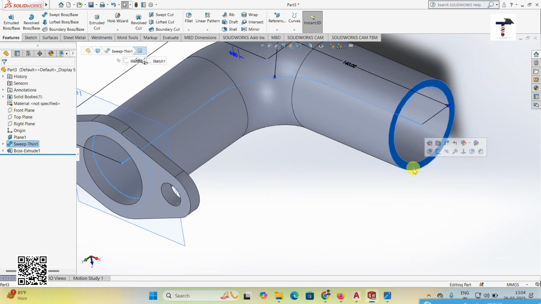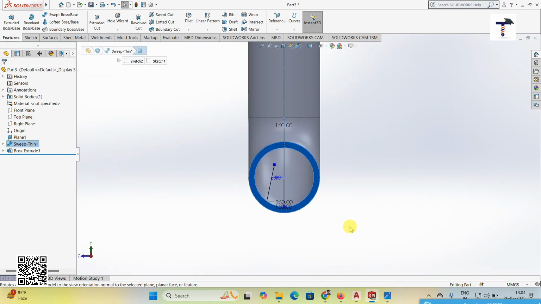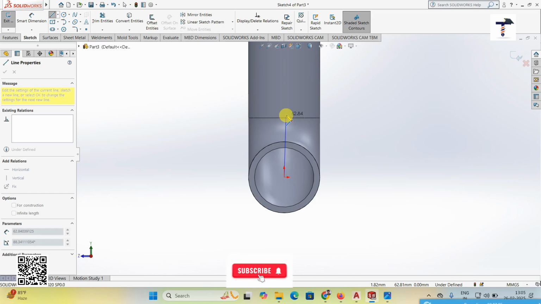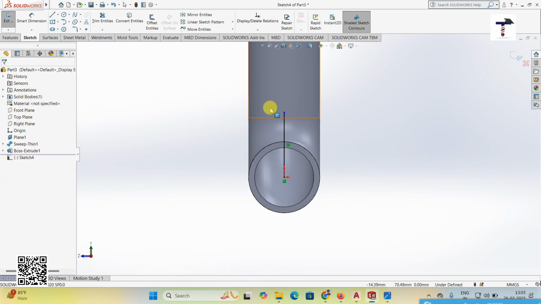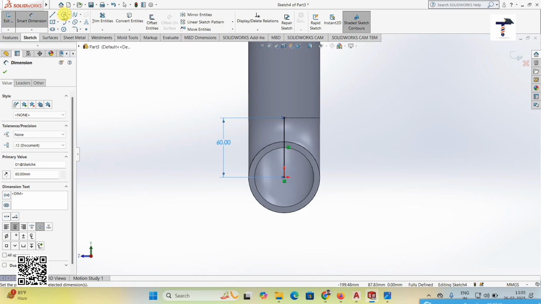Also similar drawing, select this one and then go to the normal to. Okay, this one should be vertical. So here we can sketch one line from here. Okay, so that is one line, that is here 60. Okay, this one is 60. So create here